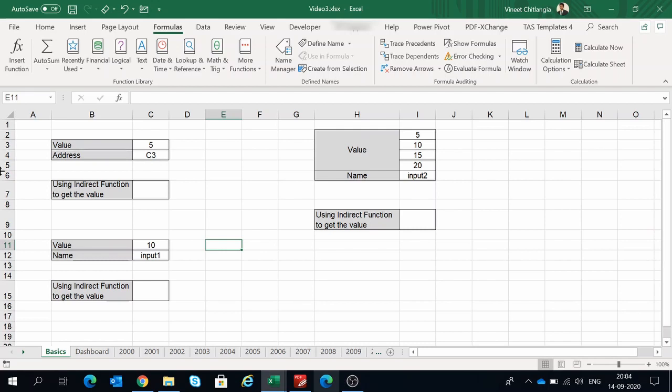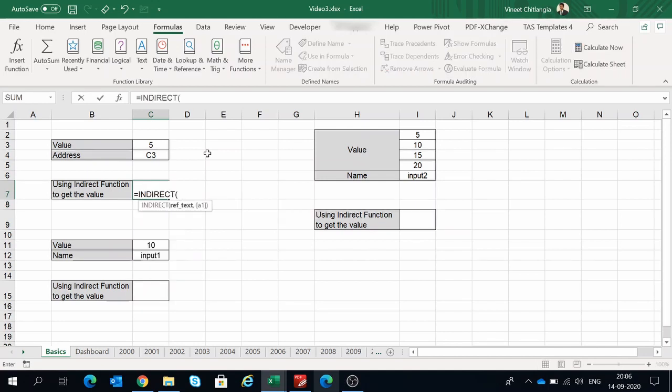As the name suggests, the INDIRECT function is used for indirect referencing of a cell. It's better if we understand it with the help of an example. As you can see on the screen, I have in the cell C3 a value of 5. The most straightforward way to get this value of 5 in another cell is direct referencing, as you can see what I did on the screen. But now if we want to get the value 5 indirectly, we'll have to use the INDIRECT function. Let me show you.